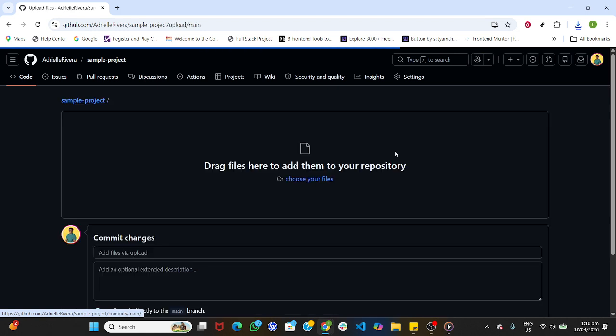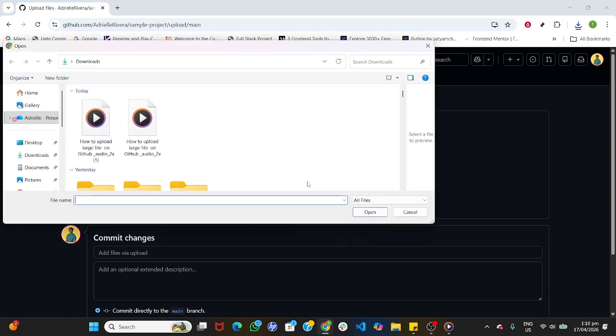Next, return to the repository's main page. Open the Add File menu and choose Upload Files. This takes you to the Upload screen. Here you can drag and drop your file into the big drop zone, or click Choose Your Files to browse